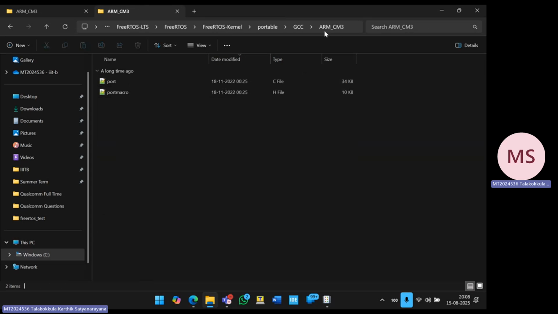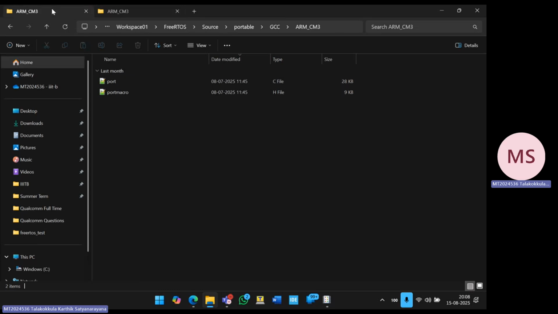The reason why we're picking only ARM CM3 is because the PSoC 5 board is based on the M3 processor from ARM. Take these two files, dump them in your workspace folder, and